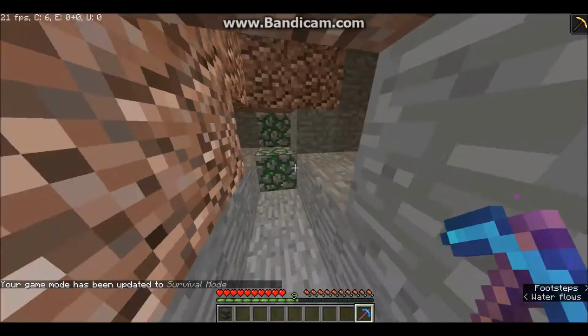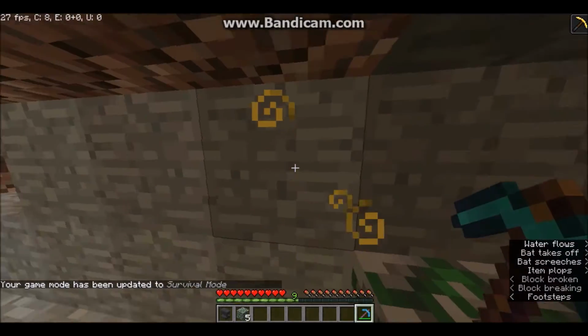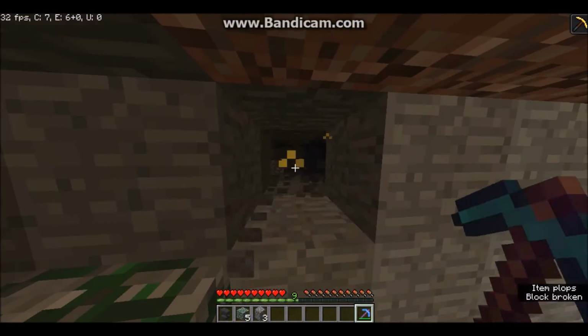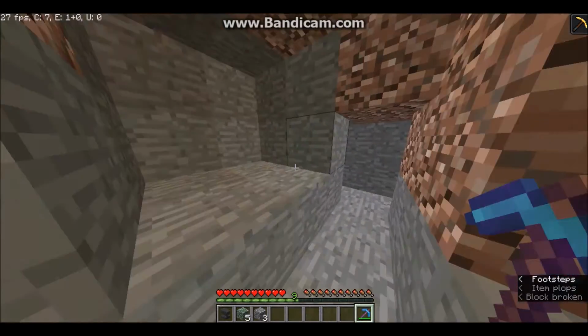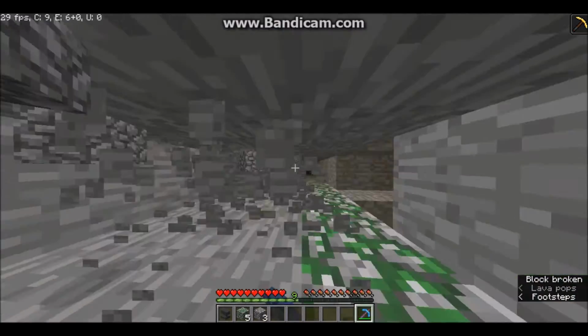So as you guys know, there is branch mining, which is where you mine off in branches. Then there is strip mining, which is where you mine in strips. However, I would like to add that there is also a technique which I call super strip mining,